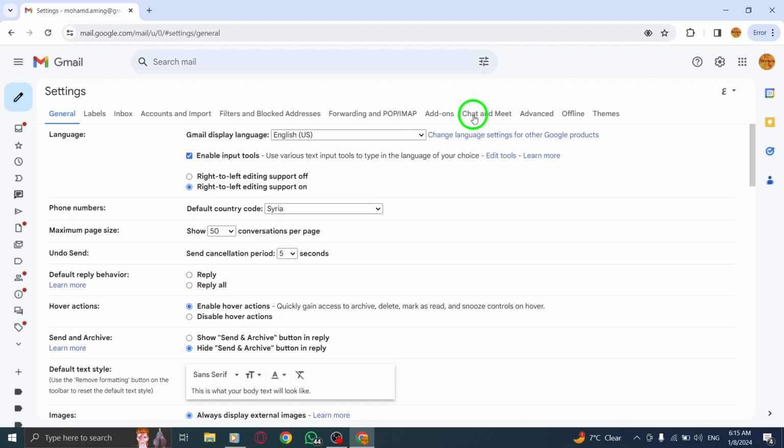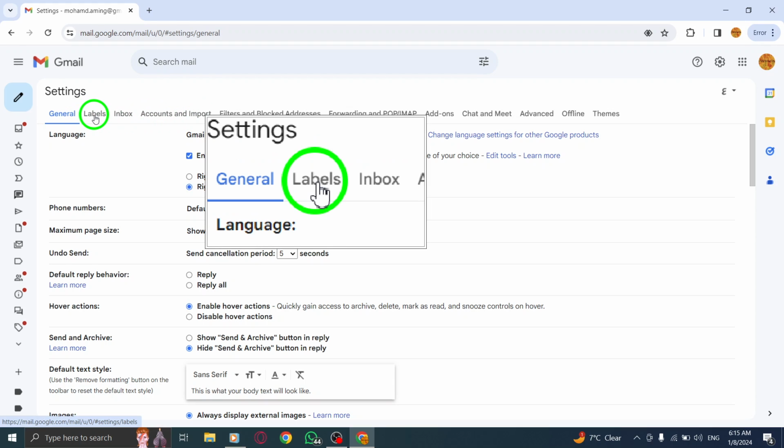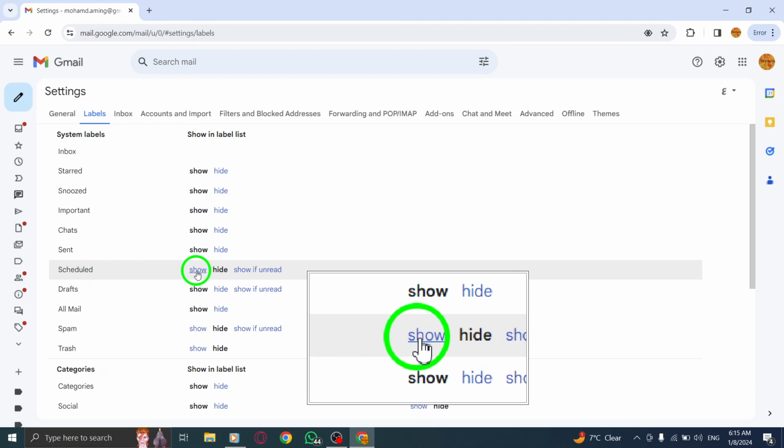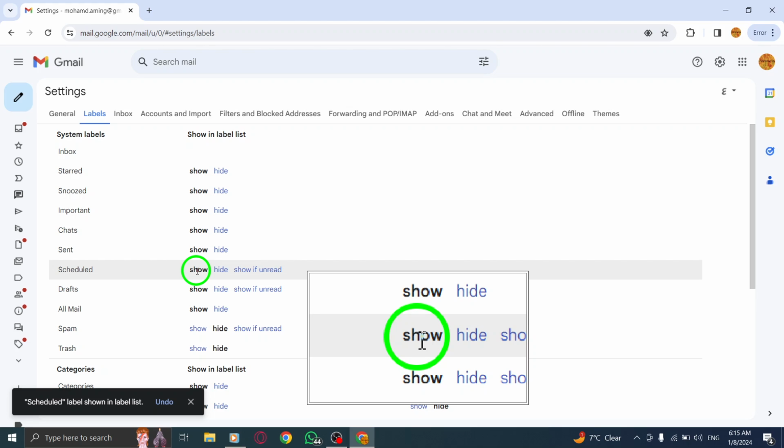Step 4. On the top menu of the settings page, click on Labels. This will display all the labels associated with your Gmail account. Step 5. Locate the scheduled label and click on Show next to it. This will enable the display of the scheduled label in your Gmail sidebar, allowing you to easily access and manage